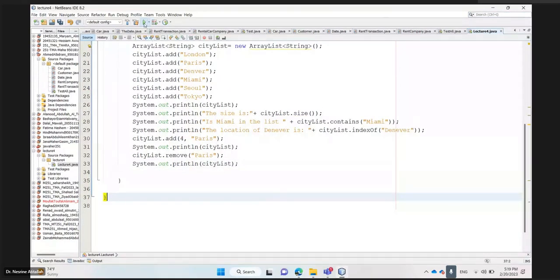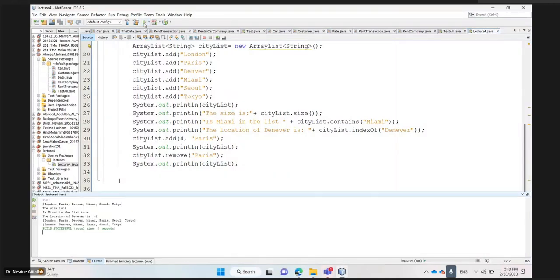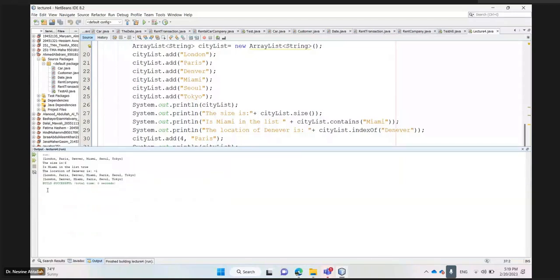I need to run. So this is the result. This is the first print. It is London, Paris, Denver, Miami, Seoul, and Tokyo. The size is 6, you have 6 cities here. Is Miami in the list? True. The location of Denver is